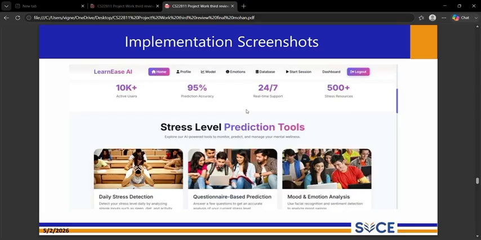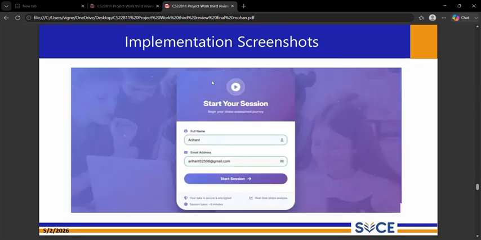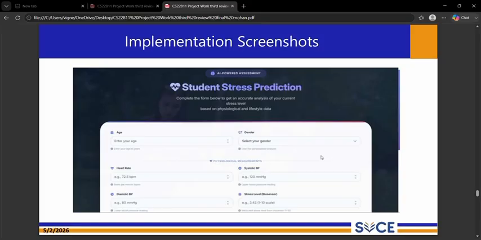So using this, we can feed the student details to the application. To start the session, for example, we have to enter the name and the email address, then start session. The session will be started and your overall screen timing will be observed.